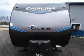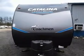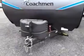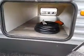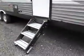We've got a brand new Catalina Legacy Edition 323BHDSCKLE bunkhouse model. Got a power tongue jack, battery disconnect, pass-through front storage. We've got magnets on the storage doors itself. All you do is lock them in. Solid entry step,